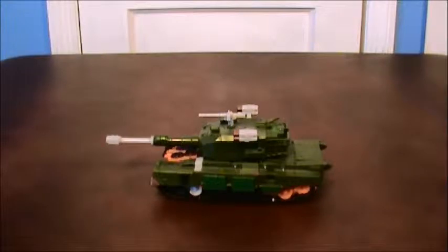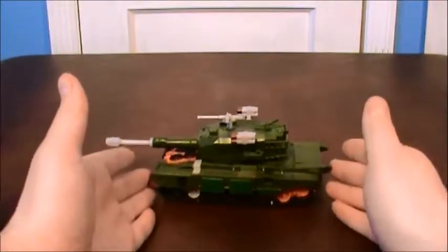Today we're looking at Revenge of the Fallen Bludgeon, who is such a great figure. Bludgeon was originally a pretender who turned into a tank, though he's a pretender, so "turned into" is being a bit generous. The guy folded up and you attached bits of tank to him. But this guy,